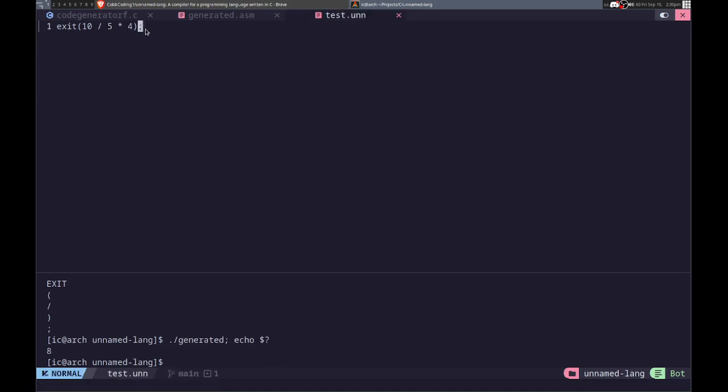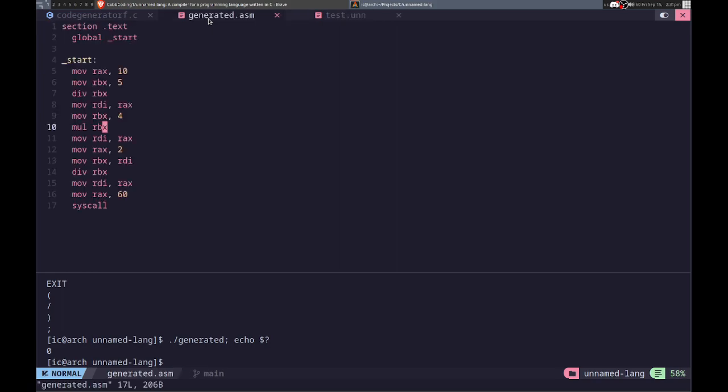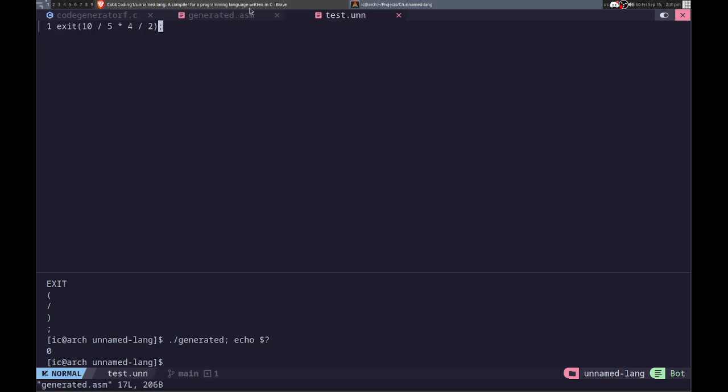I mean, wait, so it's 8. Oh yeah, because that's 2, not 4. Yeah, so that's right actually. And then we should be able to divide it by 2, and that should give us 4. 0. Okay, so it doesn't work. Because that's going to be